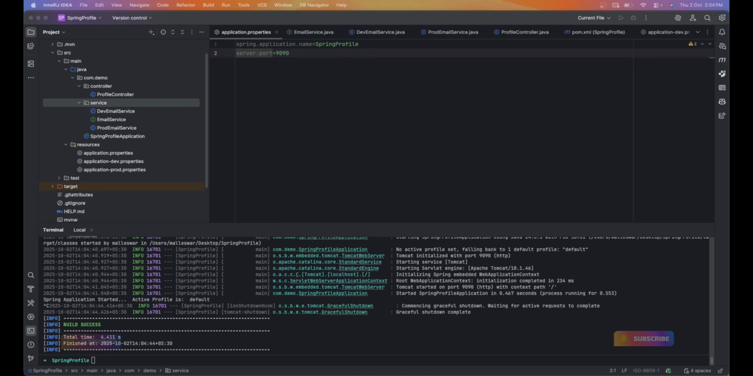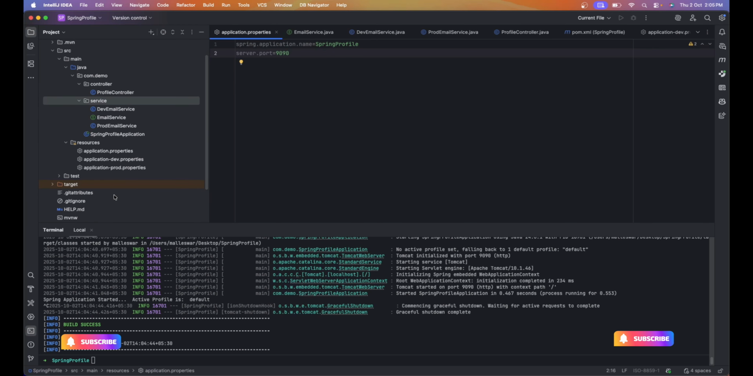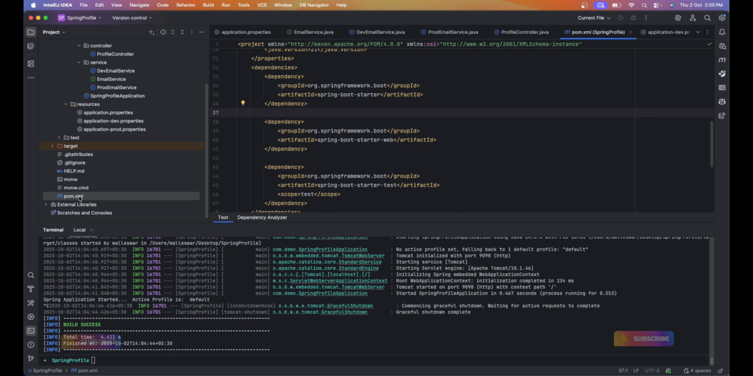Today we will learn about profiling and how we can implement it. Here is the sample code I have written. First of all, I will go through the pom.xml. In that pom.xml,